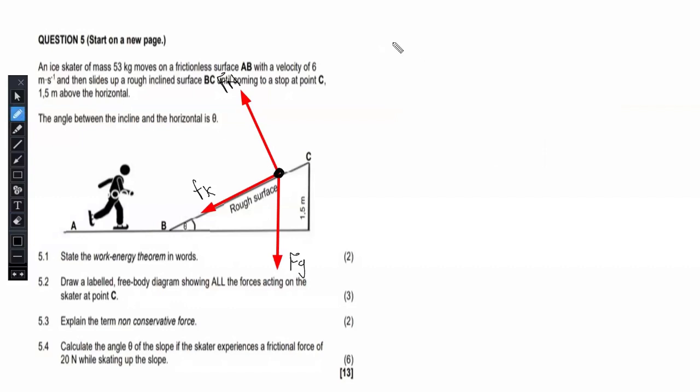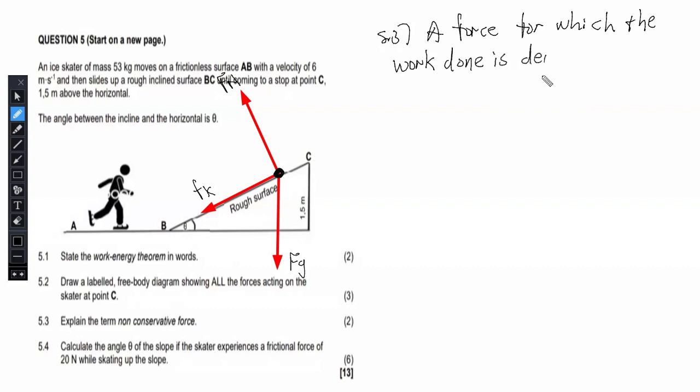We say this is a force for which the work done is dependent on the path taken. Right? So a force for which the work done is dependent on the path taken is known as a non-conservative